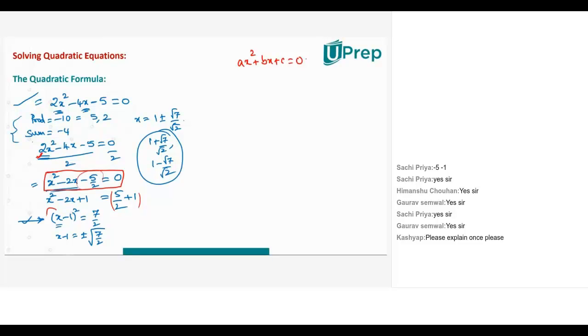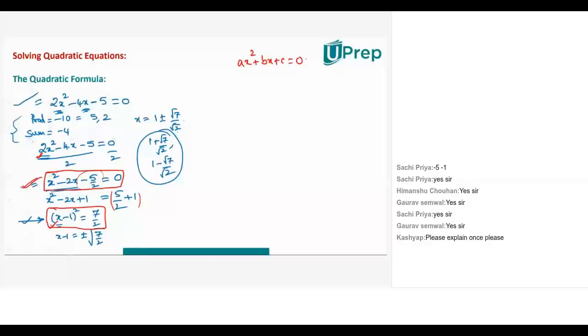Now look at this last line which we are getting, and the first line. In the first box, you have two terms of unknowns, one is x square and one is x. Whereas in the last box that I made, there is only one unknown term, that is x. It's easy to find the value of x now because the number of terms is only 1. So then I removed the square, that means I took the square root on both sides.